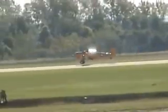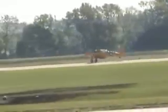Speaking of looking out the left side, it's time for the Aeroshell Squadron, and that means it is